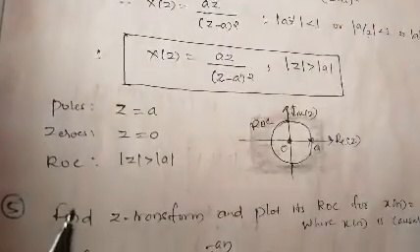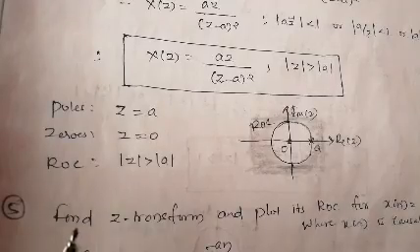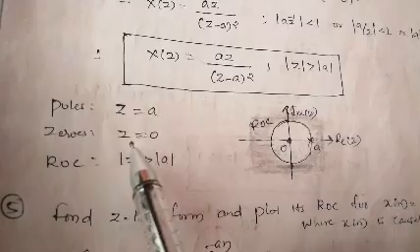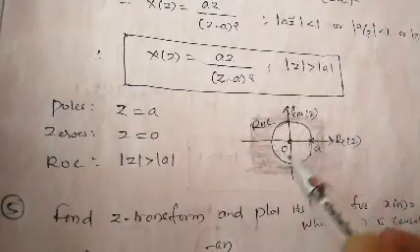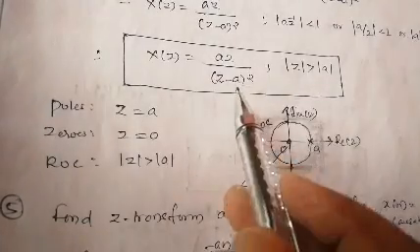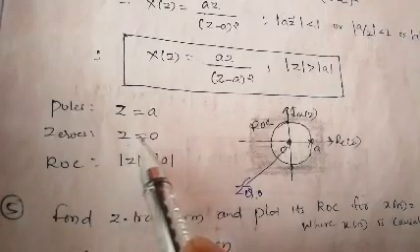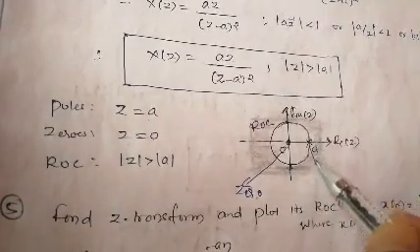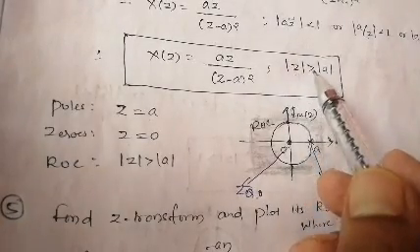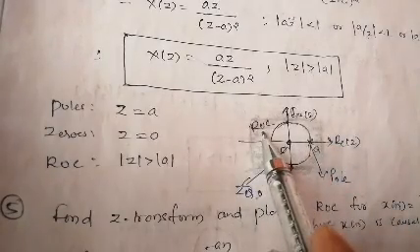Same thing we are going to represent on the z plane. First calculate the poles and zeros of the system. Equate the numerator, az, to 0, hence z equals 0. Only one zero is there, at z equal to 0. Next equate the denominator to 0, z minus a equal to 0, hence z equals a. Only one pole, that is here. And what about the ROC? The ROC lies outside the circle of radius a, hence this shaded part indicates the ROC of the z plane.